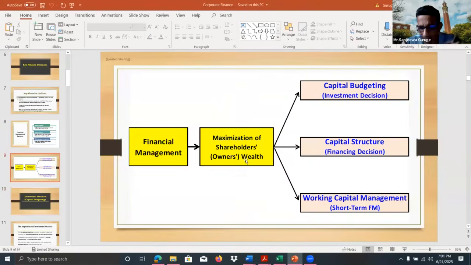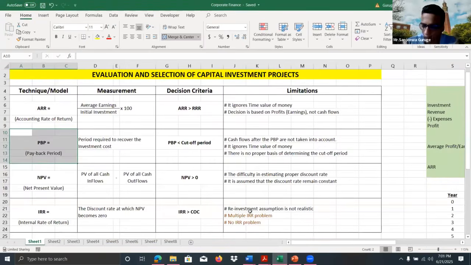Because in order to maximize the shareholders' wealth, the more important cash flows are the cash flows after recovering the initial investment. So it is necessary to identify whether a particular project is profitable. But the payback period technique does not indicate that. It indicates only the time required to recover the investment. So it's not a good technique to take the final decision of accepting or rejecting the project, and especially not a good technique to rank or compare projects.